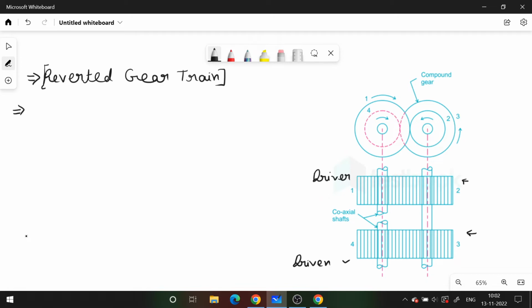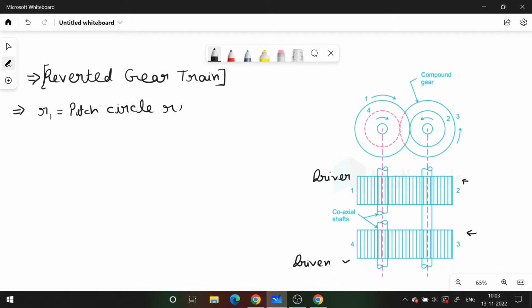In the reverted gear train, the gear train can be reverted only if the sum of the pitch radii of gears 1 and 2 equals the sum of the pitch radii of gears 3 and 4. So a reverted gear train is only possible when the sum of the pitch circle radii of gears 1 and 2 is equal to that of gears 3 and 4. If R1 is the pitch circle radius of gear 1,